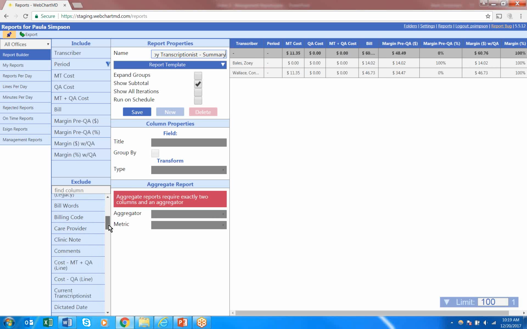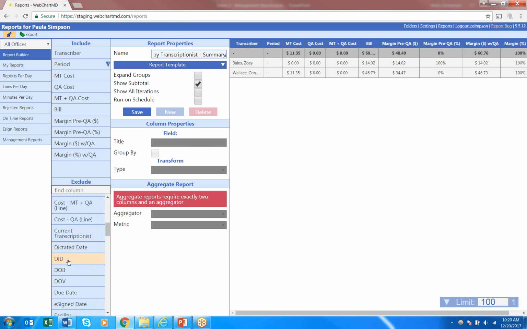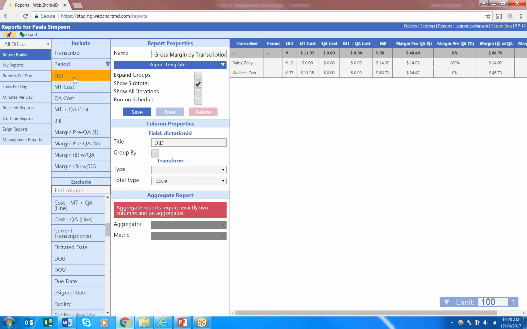Here's how easy it is. I just scroll down. I find my DID column. I place it where I want the data to present on my report, and here it is. I see my preview create over in the form to the right. So here's my DID column, and I placed it